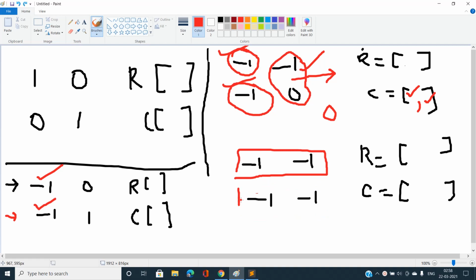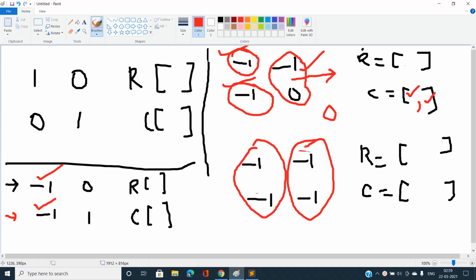Let me erase this stuff, it is very annoying here. Now one thing you can also see is that in this column also, the number of minus 1 is more than 1, so I also cannot find these values.